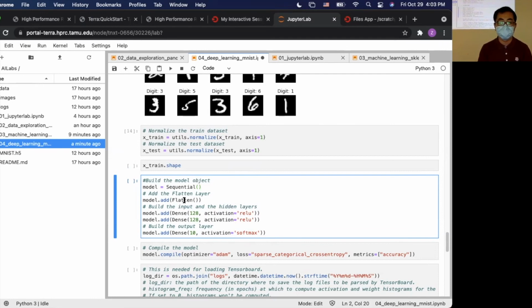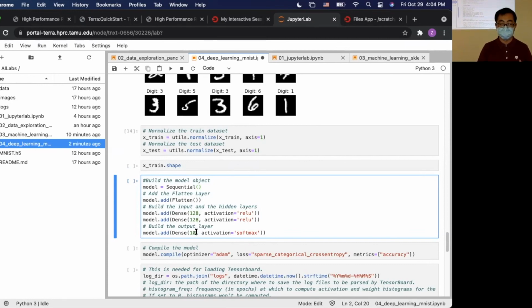So first we flatten the input layer, and then we do 128 neurons, and then use ReLU activation. The next layer is also 128, and then the upper layer has 10 outputs.